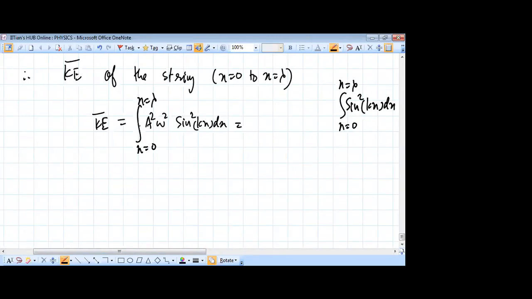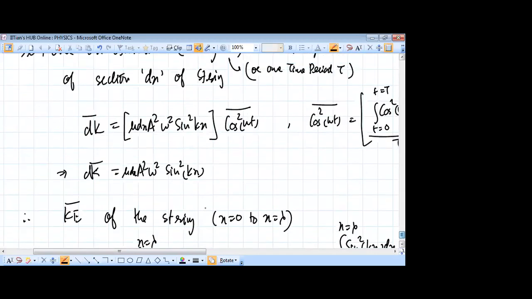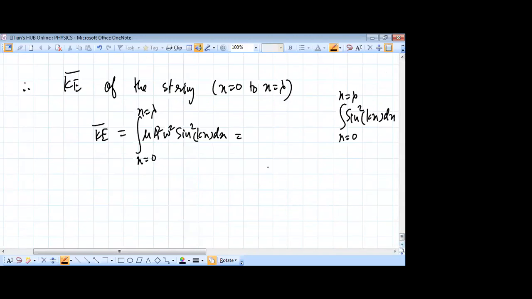It's also mu somewhere. Got it. So ये जो section है यहाँ पे mu भी रहेगा. That mu dx term was there for the differential kinetic energy. It's mu dx. So this will become